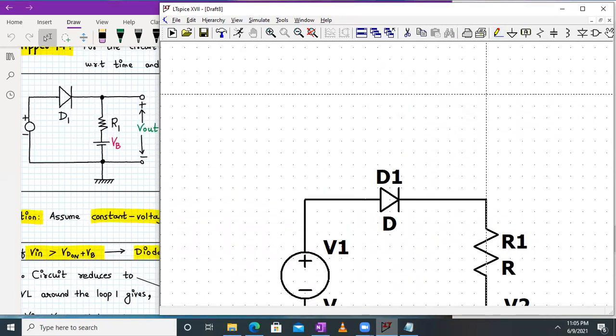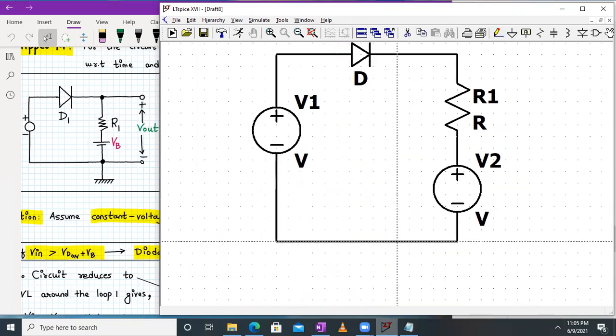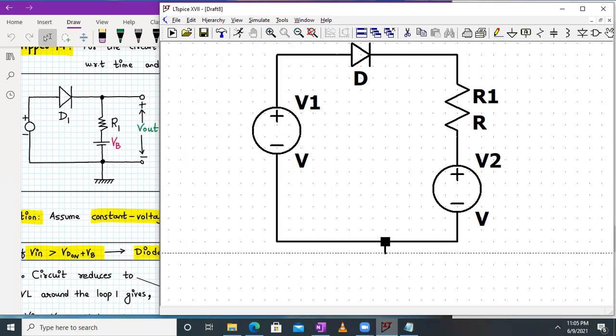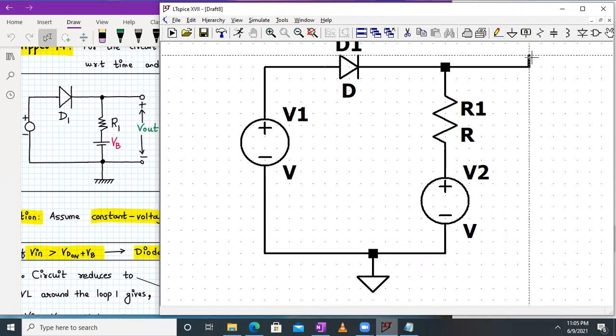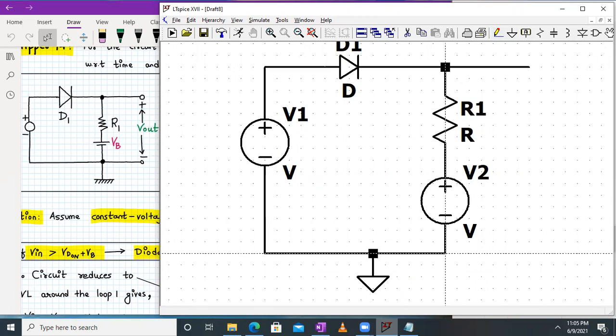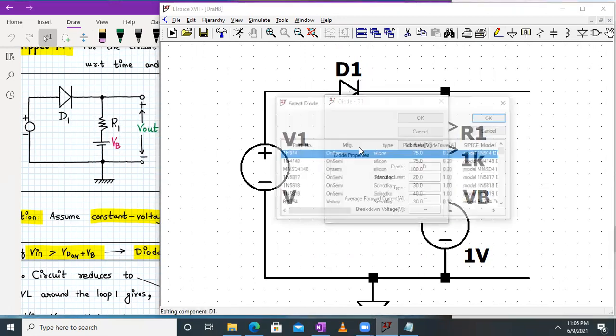Yeah, and sorry, I don't forget to connect the output. Sorry, the ground also. So I will show the output like this. It's been taken across the resistor and the supply VB. So here, it's just a representation. Now I will name this VB, and the value which I want to give it is 1 volt. The resistor is 1 kilo ohm. Diode is 4148,